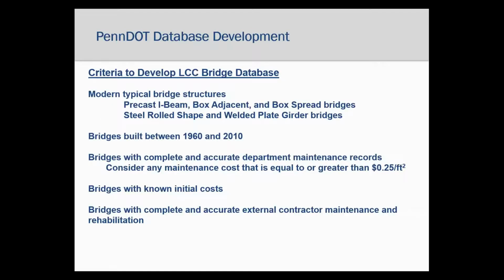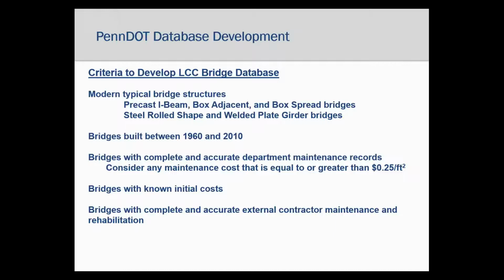The study's objective was to compare life cycle costs of typical concrete and steel bridges. So there were criteria that each bridge had to meet to be included in the study. The criteria included considering only typical steel and typical concrete bridges, where that was selected as precast I-beam, precast boxes where the boxes were adjacent to each other, precast boxes where the boxes were spaced apart, steel rolled beam, and